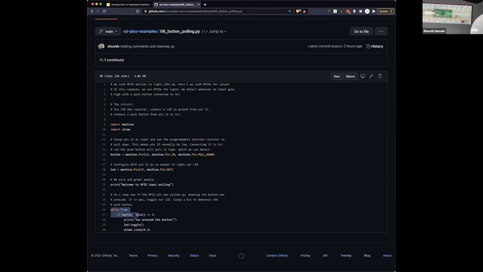And then we have a simple loop where we are polling for the button's value. We are constantly seeing if it's 1. This is a while loop; it will run as fast as it can. So we are constantly checking if the value of the button is 1, which means you pressed the button. When you press the button, the value of the pin goes high and it will be read as a 1. And then you toggle the LED whenever that happens.